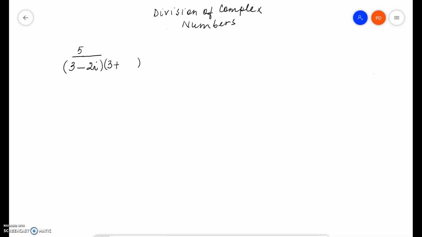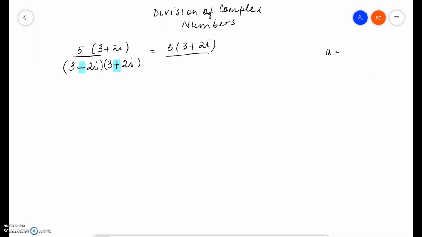So that's 3 plus 2i. Notice the only difference between these two is the sign. So here we have divided by 3 plus 2i, so we need to also multiply with the exact same number. So we are not changing the meaning of the expression. So this is equal to 5 times 3 plus 2i divided by 3 plus 2i times